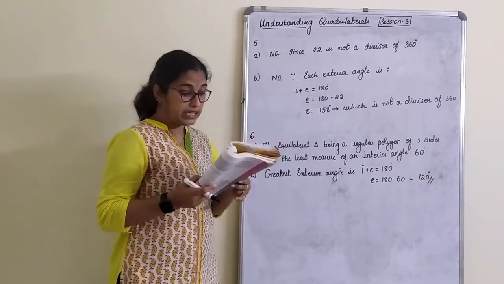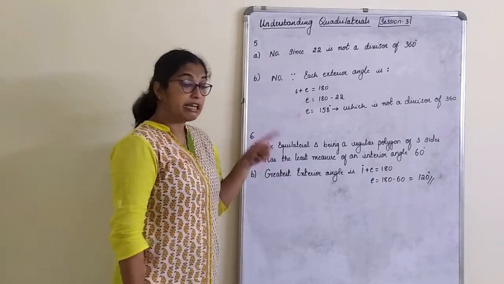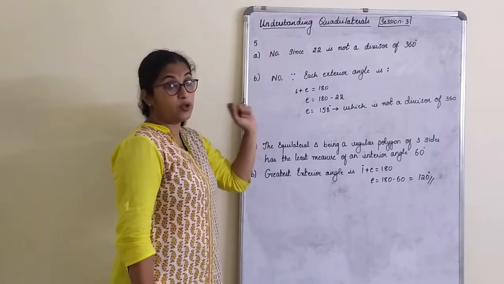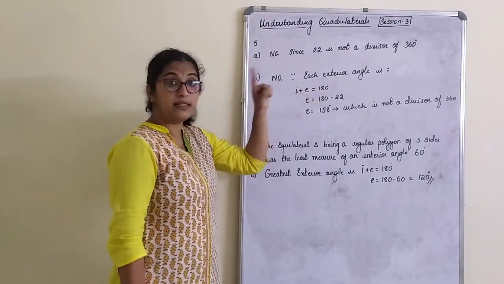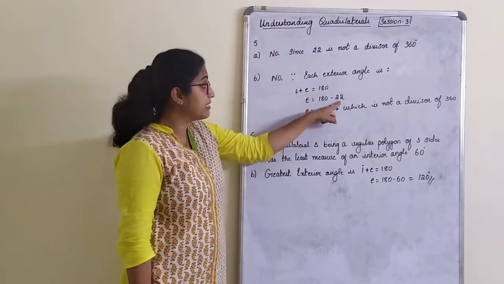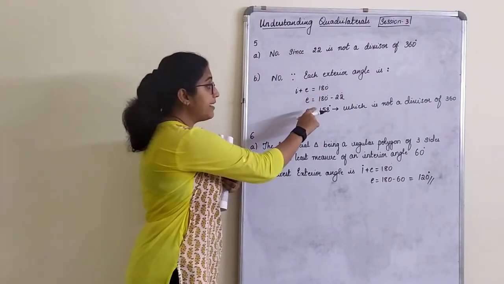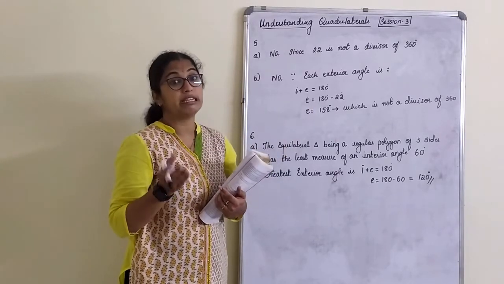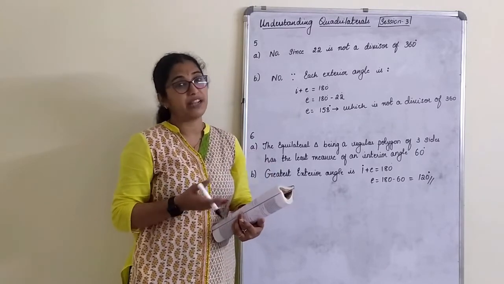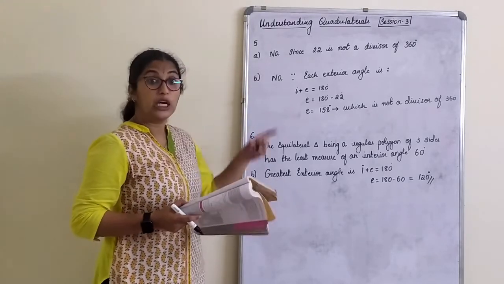Can 22 degrees be an interior angle of a regular polygon? If yes, or if not, why? No, it cannot be. If that is an interior angle, we know the relation that interior plus exterior is 180. Therefore, exterior will be 180 minus 22, 158. If interior is 22 degrees, exterior will be 158 degrees. Again, when you divide 360 by 158, you will not get a complete answer, since 158 is not a divisor of 360. That means the answer will be a fraction or decimal, where a regular polygon cannot exist. So no for both, with reason.